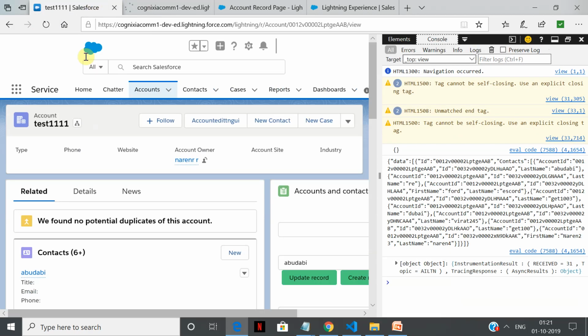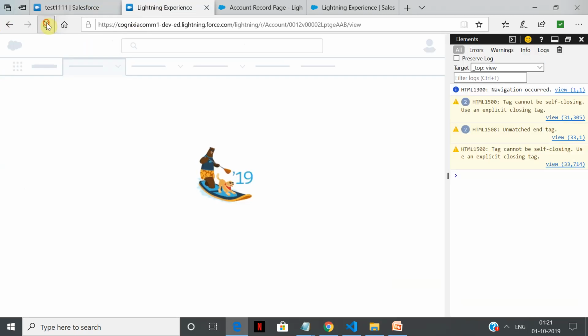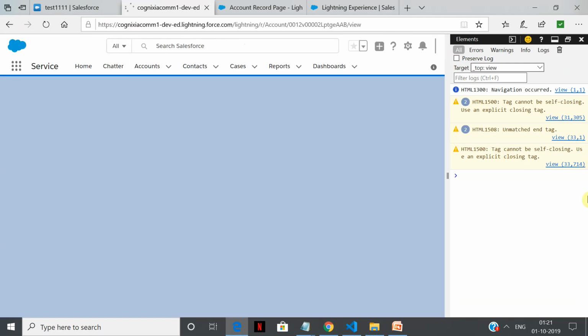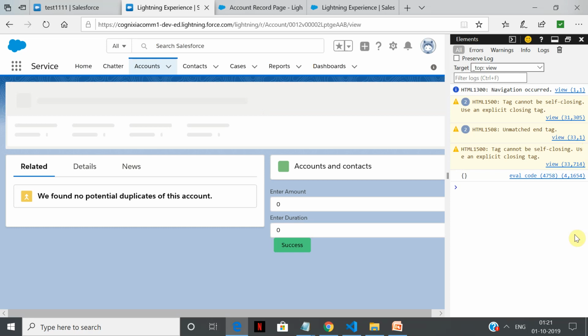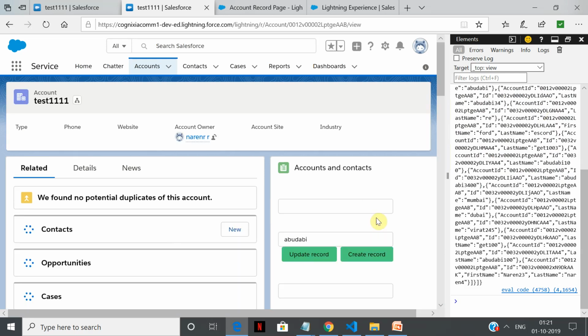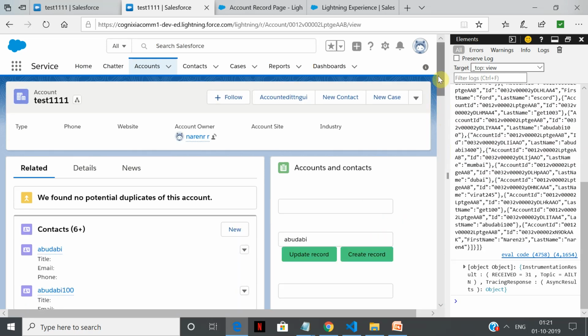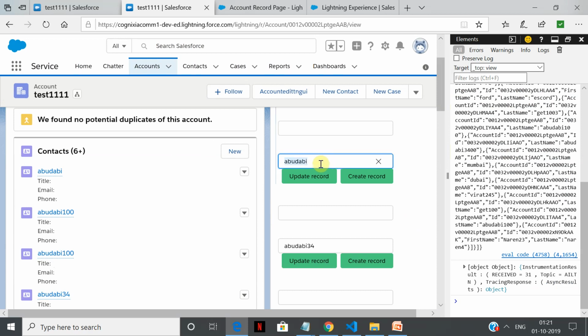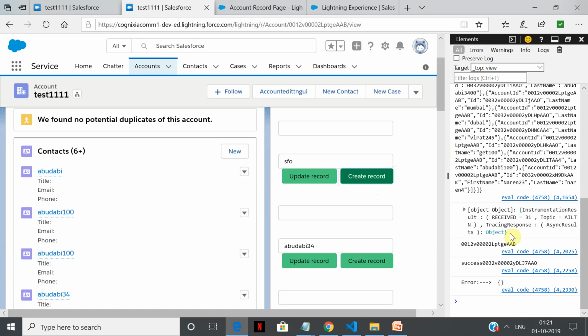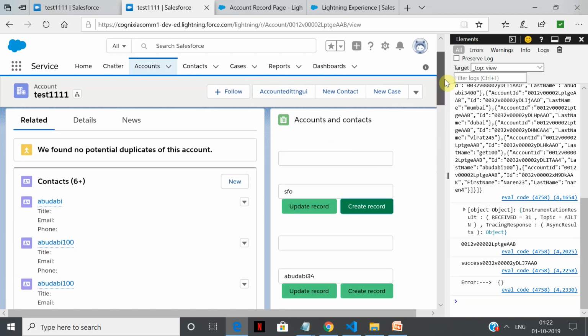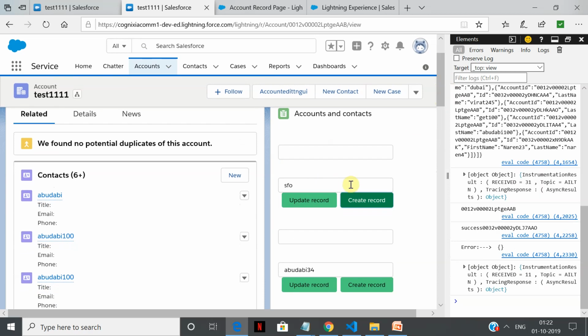This needs a couple of refreshes, otherwise you will not be able to see the latest update that you have done. So I'm creating a record here. What it does is it has updated the UI. So